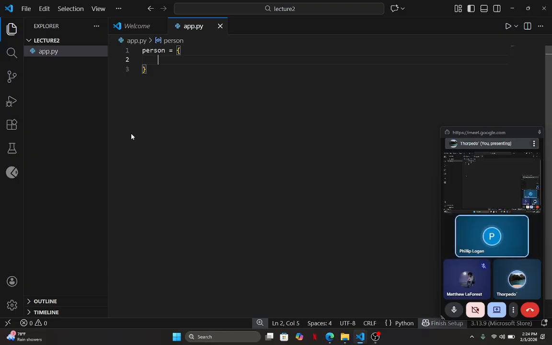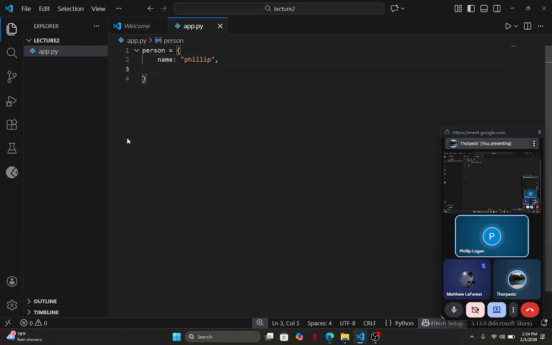But let's say I need a variable that's more complex than just something that holds a string, which is a name. I want something that can hold person name, then date of birth, then favorite color, and maybe some other stuff. I'm going to open and close my curly brackets, and I'm going to specify the different fields that this object has. A field that it may have is a name, and that person's name would be Philip.